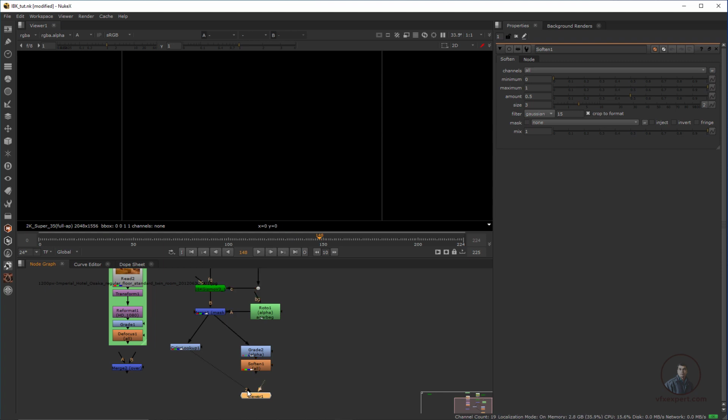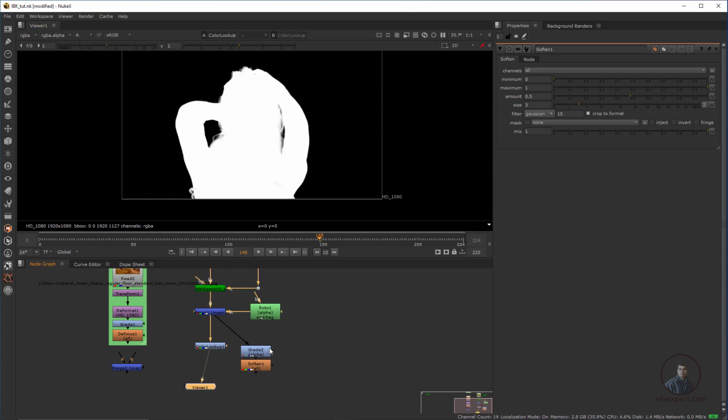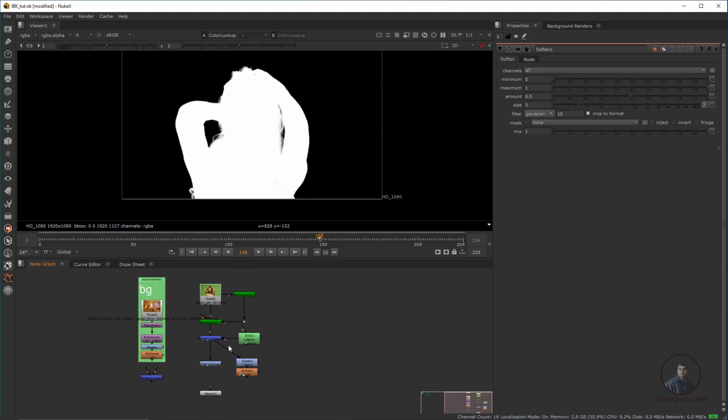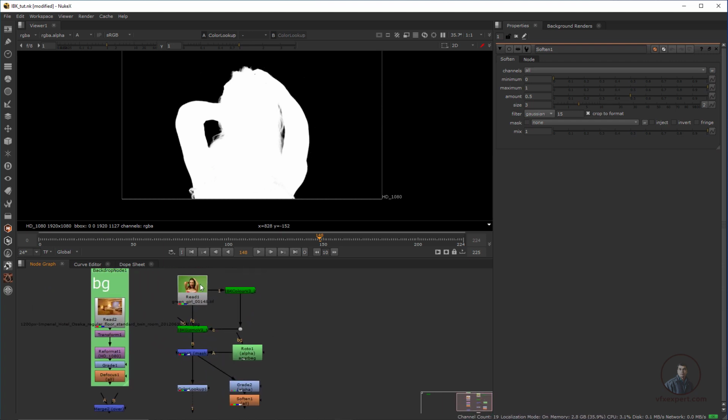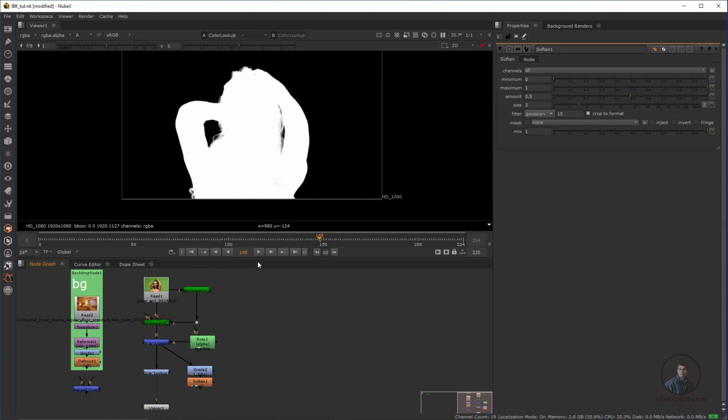Now after this I have adjusted some values here. Take this one, and later if you want you can also take this one, so you can use any one here. Now what we have to do is take this alpha and remove chroma from our original background. So how can we do all these things?